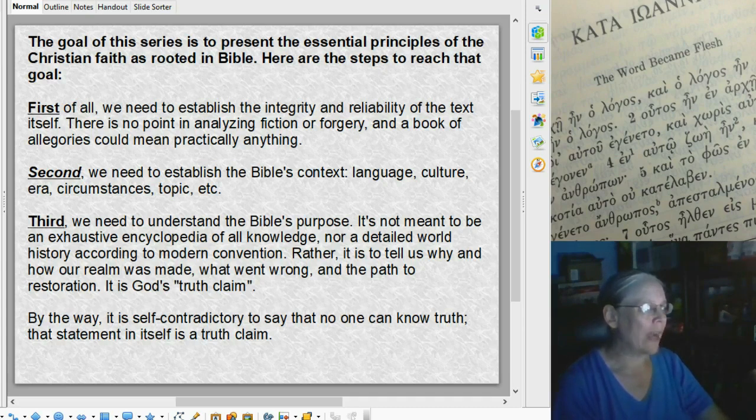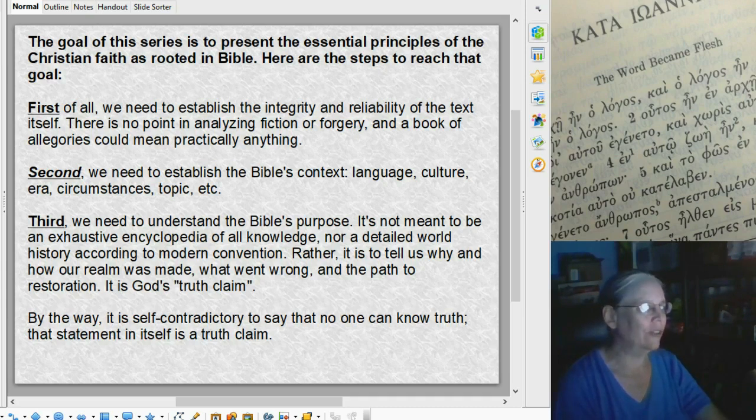Rather, it is to tell us why and how our realm was made, what went wrong, and the path to restoration. It's God's truth claim. And by the way, it's self-contradictory to say that no one can know truth, because that itself is a truth claim. So there's nothing wrong with claiming truth, and that we claim that the Bible is God's expression of truth,